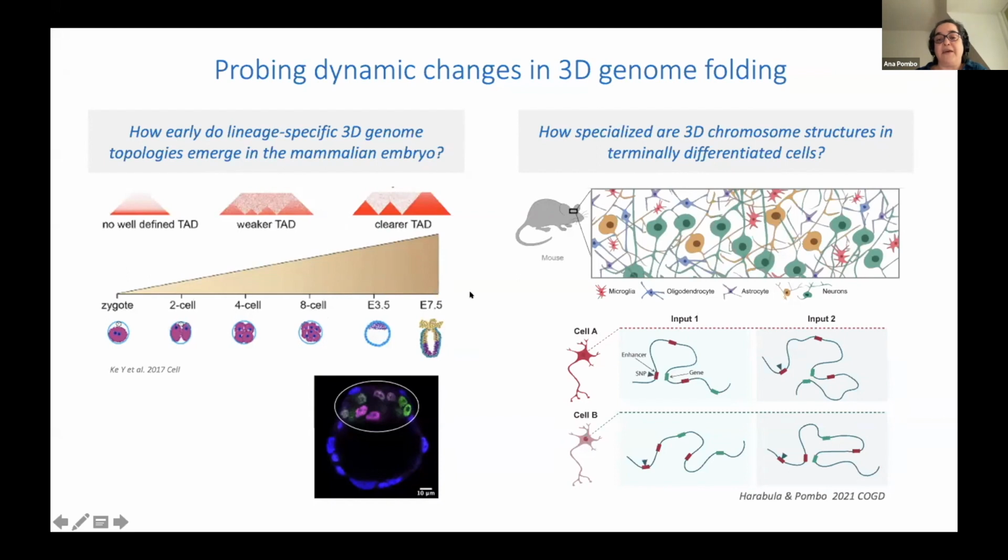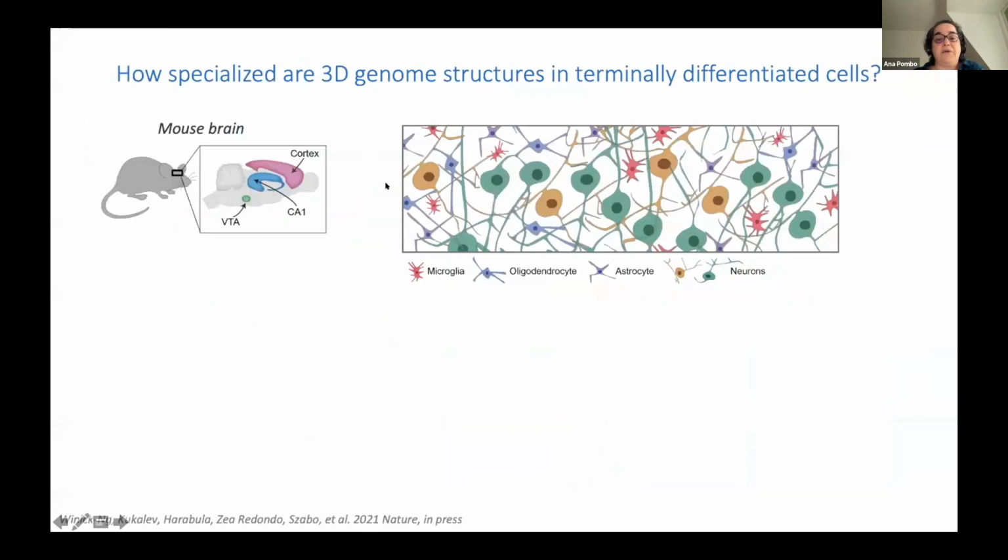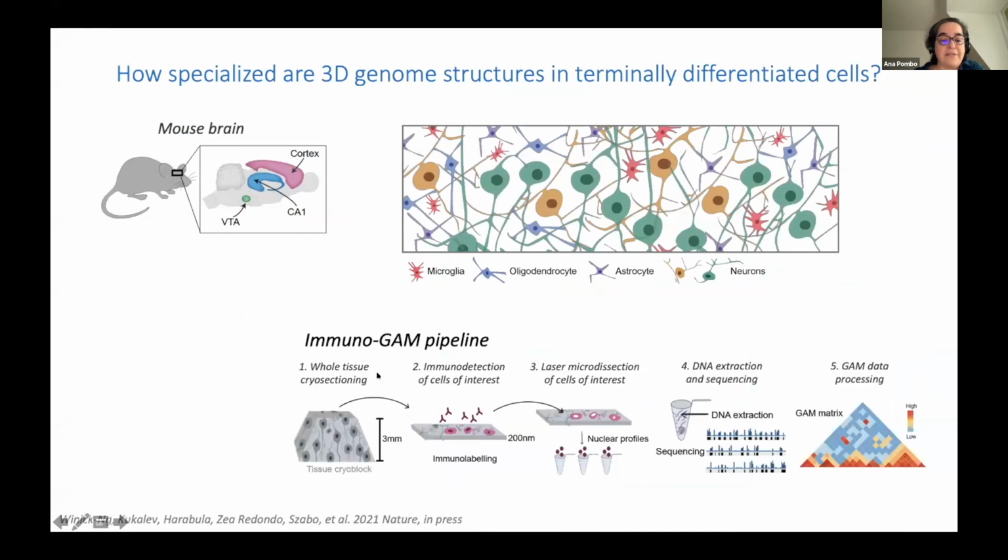In terms of cell states. However, for today's talk, I'm going to focus on the other extreme of biology, where we look at terminally differentiated cells, in particular cells in the brain. And here the challenge is that we have a very complex tissue. We don't particularly want to extract these cells from their environment and alter their physiological state. But we also want to have maps that are highly cell type specific. And so here the GAM technology is ideal because we have our slice, we get the piece of tissue without disturbing it.